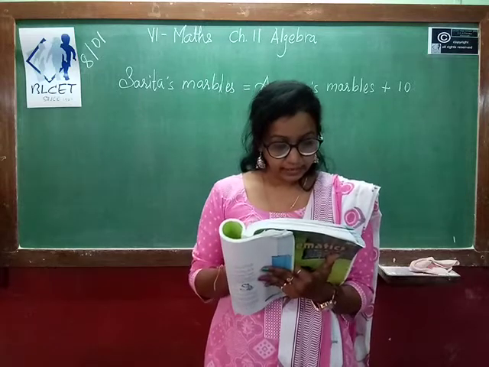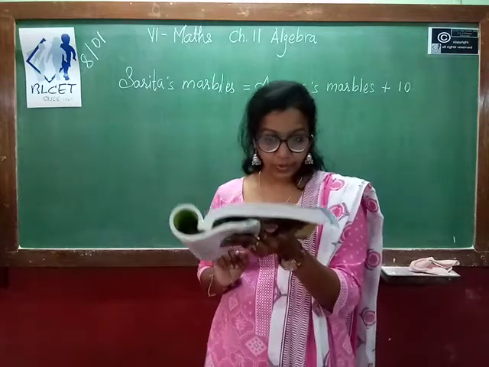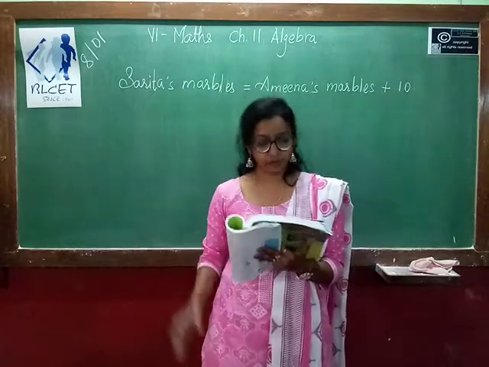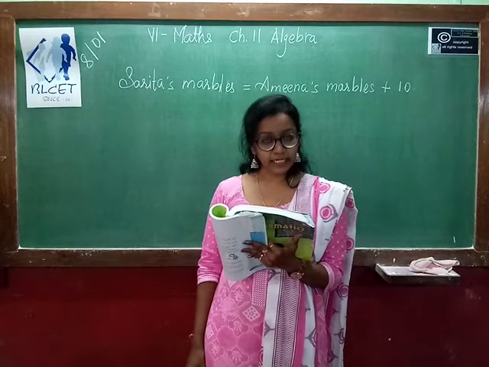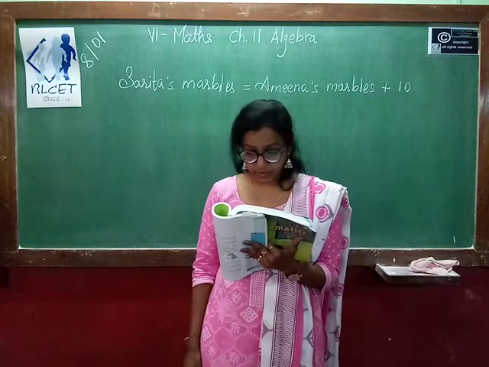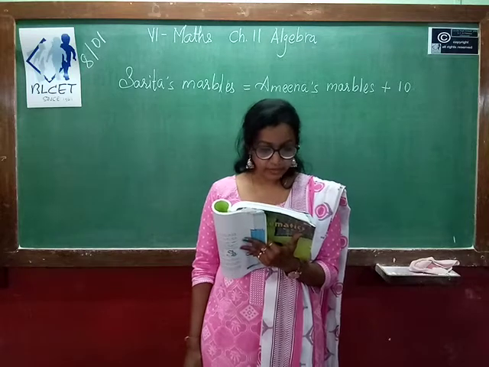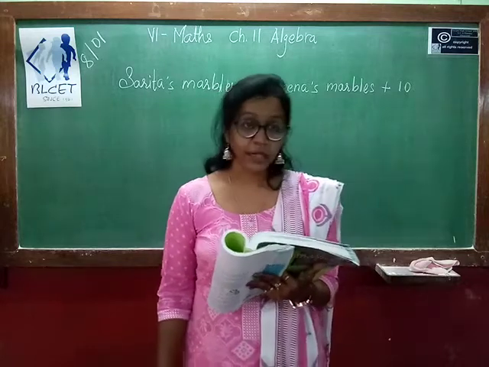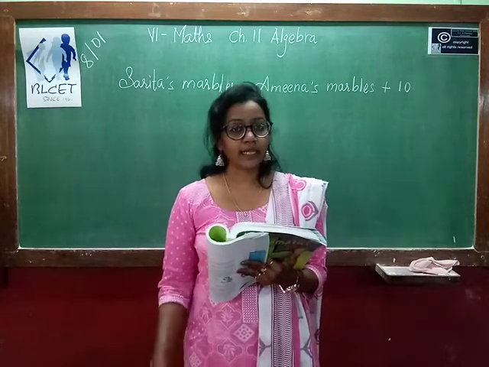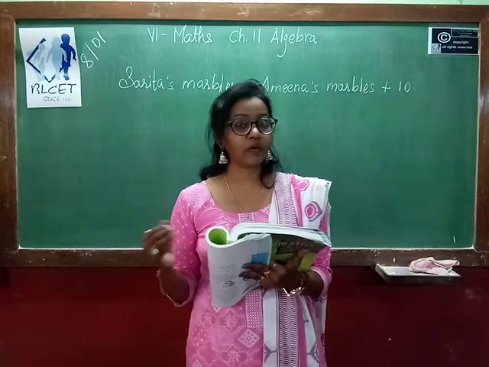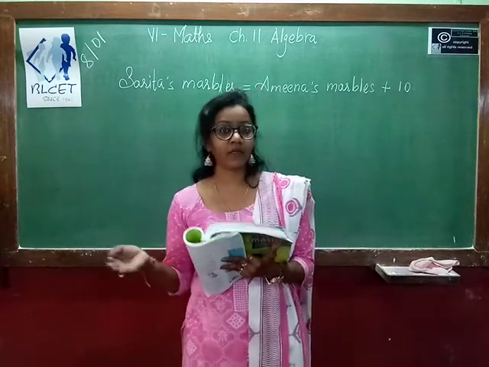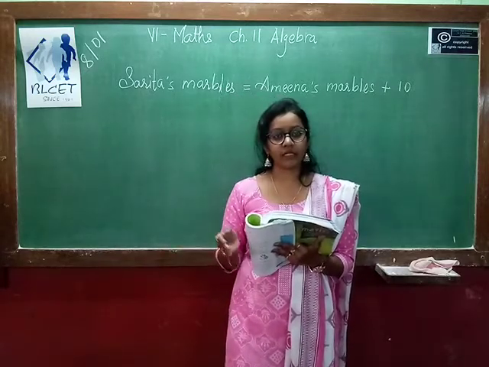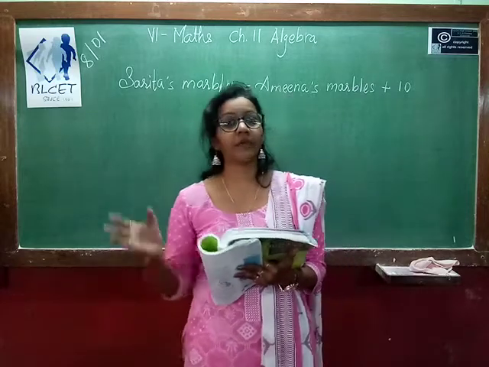So let's see, on page number 226. From there we stopped our online class, so I start from there. In all the examples seen so far, the variable was multiplied by a number. Then there can be different situations as well in which numbers are added, subtracted or divided. It is not the case that if you want to use a variable, you always have to do multiplication between number and variable. It is based on the situation: you can add the variables, subtract the variables, or divide the variables.